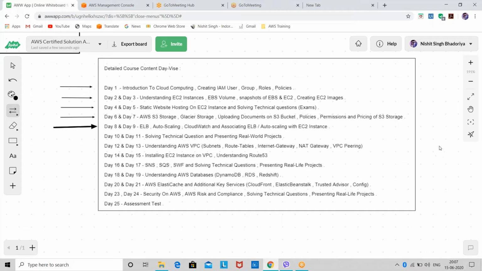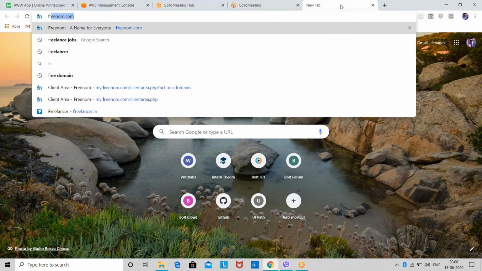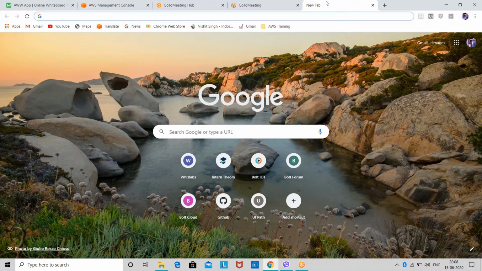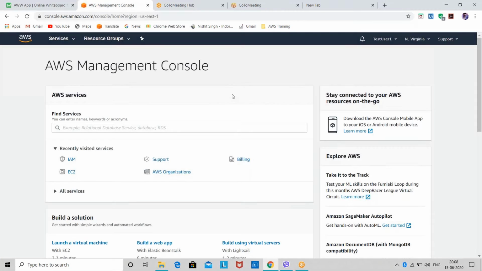Have any of you ever worked on web hosting and all? Just let me know in the chat box, have you ever worked on web hosting, website creation, web development, any of these kinds of services? If the client can look into it, no, okay, no issue. So I think we should start the session now because I think everyone has arrived.